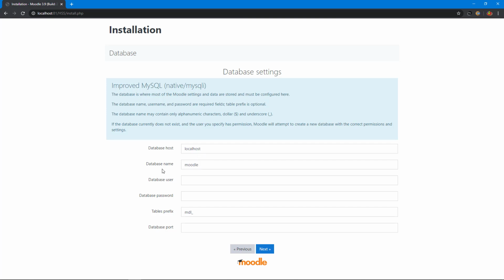But the database name is HSS, and we didn't create any username and password, but the default username is root. So I enter root here and I leave all those other fields, and I am ready to connect the database to the server. I click next.